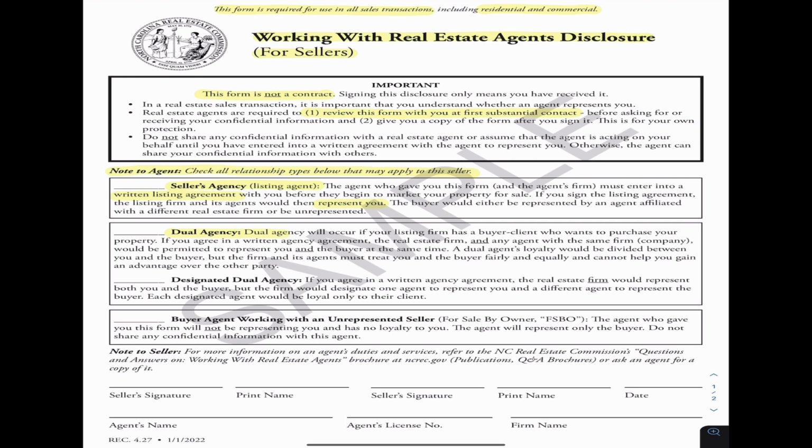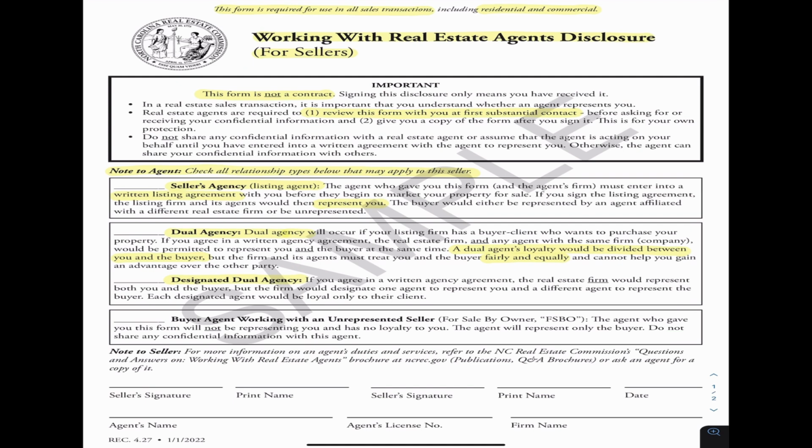The second section, dual agency. If the firm offers dual agency as a representation option, the seller should be aware that if they authorize the firm to also represent a buyer in their transaction, that the fiduciary duties to each party would be reduced. In essence, the firm would be required to be neutral in their representation of both the buyer and the seller, and simply facilitate the logistics of the transaction without being in an advisory capacity for either side.